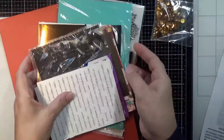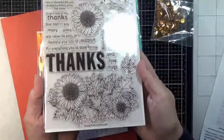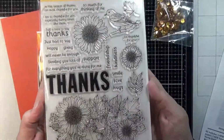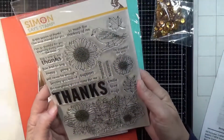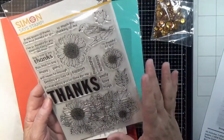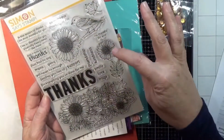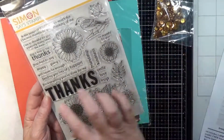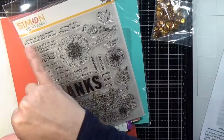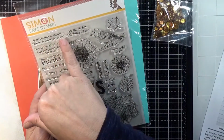Alright, so we'll start with the stamp set called Big Thanks Autumn. It is a nice big 4x6 stamp set. So, lots of great sentiments in there, lots of great images. You get this big one across the bottom, and then two single flowers, the bird, this leaf, this set of leaves. Of course, the big thanks, and they got, in this season of thanks, I am most thankful for you,